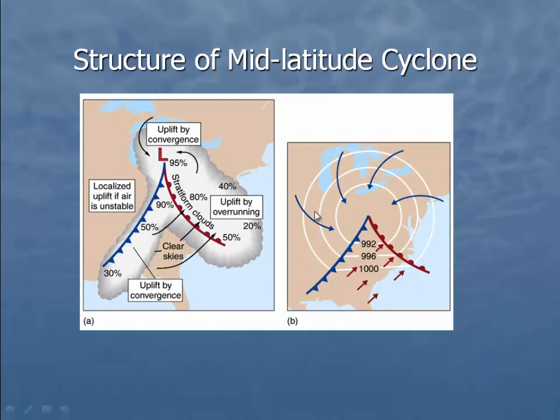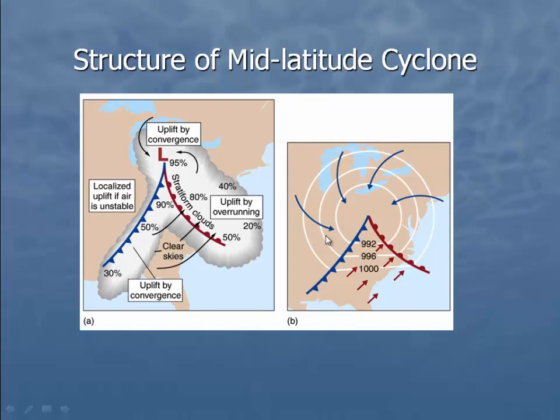And so we typically see these frontal features to the southwest and to the southeast of low pressure systems that develop in the northern hemisphere. To the southwest, again, we typically see a cold front. To the southeast, we see a warm front. And that would make sense, right? If we have a cyclonic or counterclockwise circulation around this low pressure, if you have northwest winds, that is going